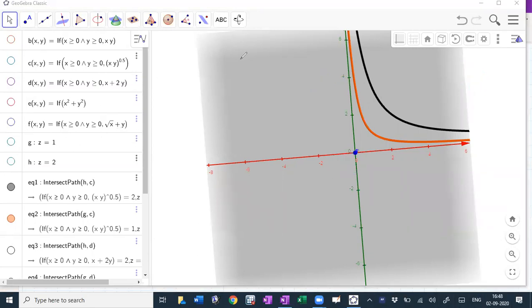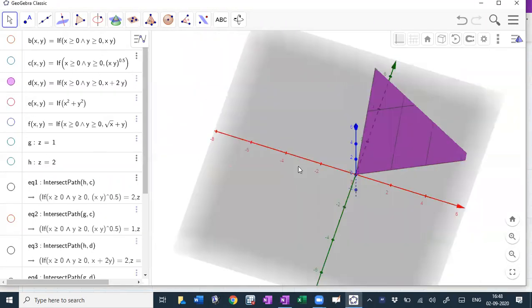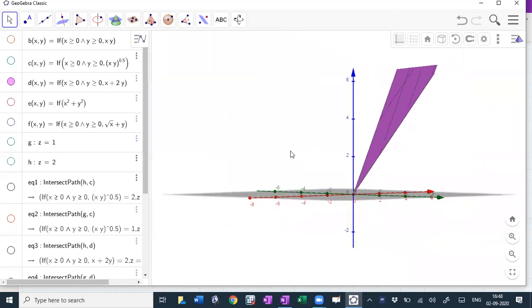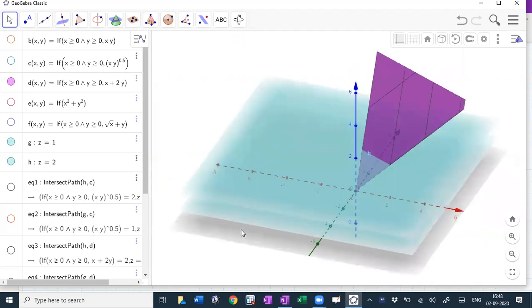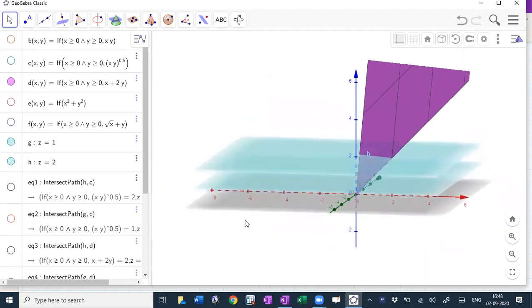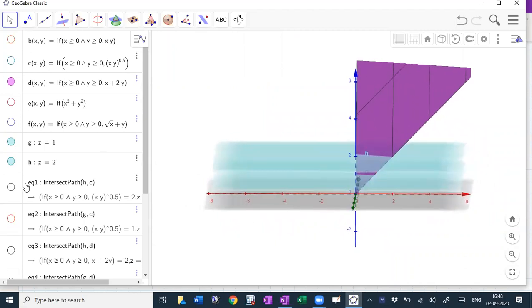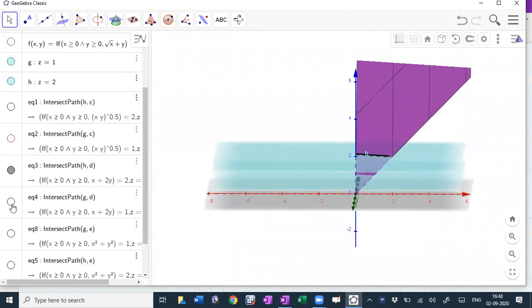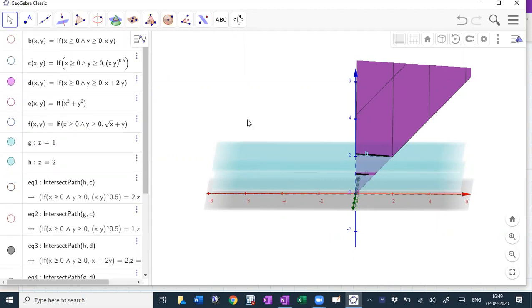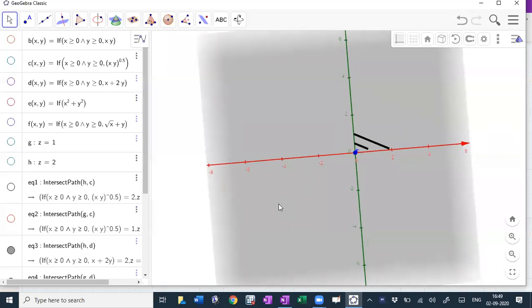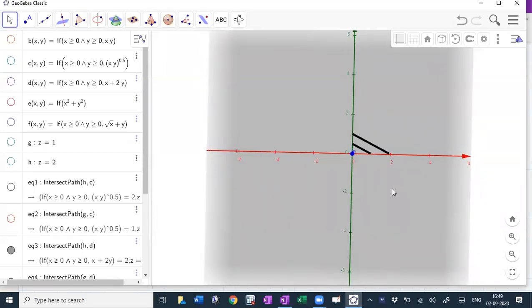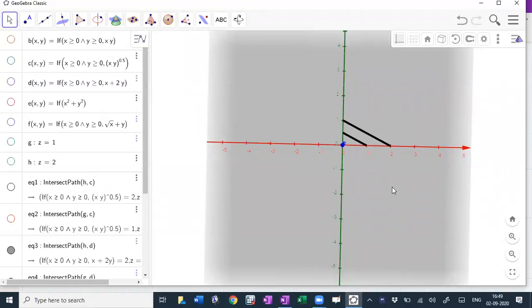Now same utility level 1 and 2, I want, let's say, with my linear function. So this is x plus 2y. The utility function is x plus 2y. I'm intersecting the function at z equal to 1 and z equal to 2, or you can also call it u equal to 1, u equal to 2. Then I'm going to intersect the blue planes and the purple utility surface. Then I will just get rid of my function and now if I see it in 2 dimensions, I will see that these indifference curves are actually just downward sloping straight lines.